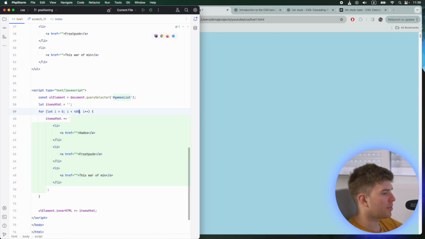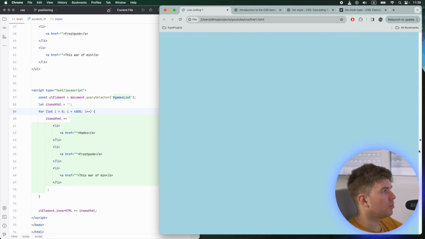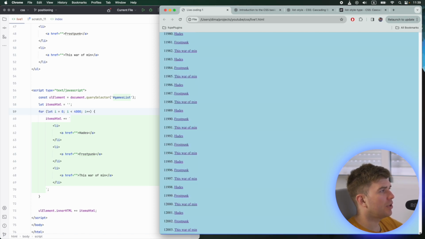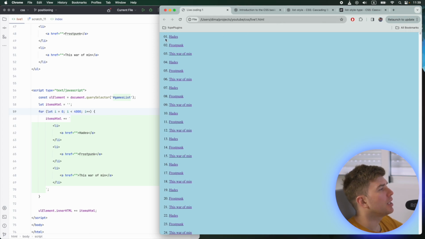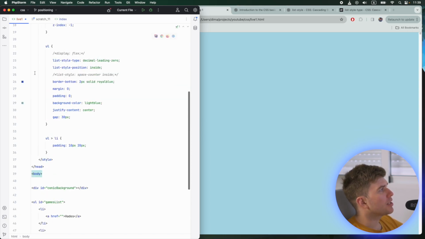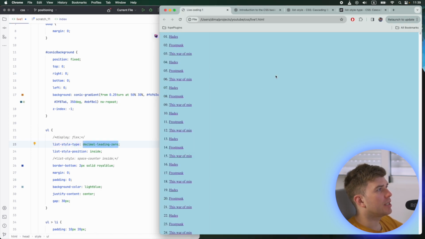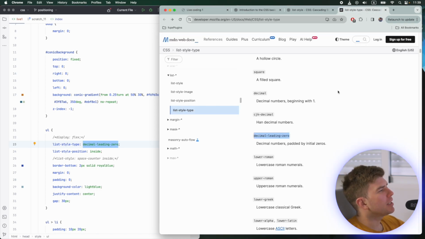And if I say something like 4,000 here, which is gonna generate a whole lot of list items, here they are, but there are no extra zeros here. It was 10, and now it's 10 still. So this list style type decimal leading zero is only for the first 10 items,